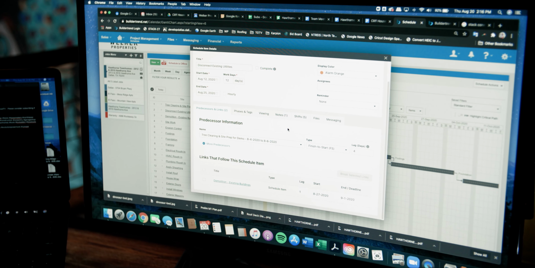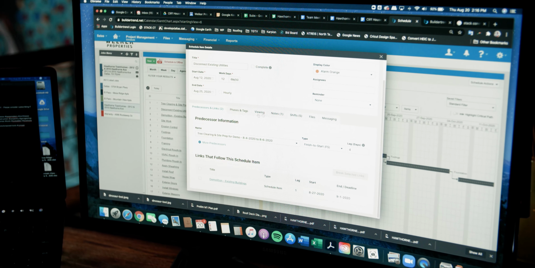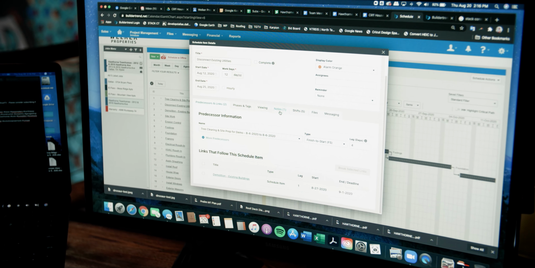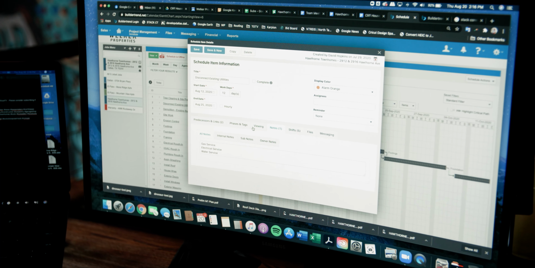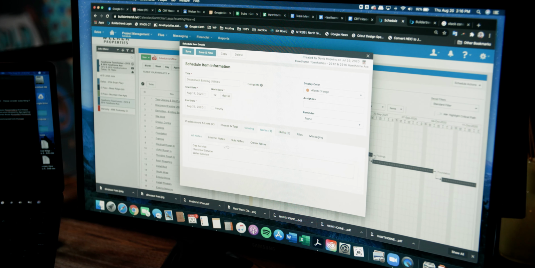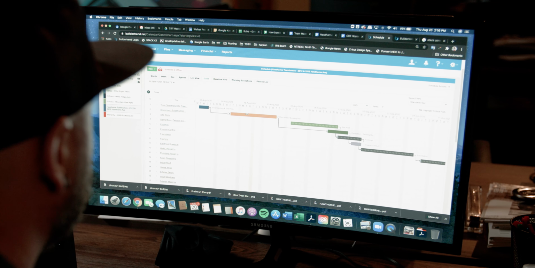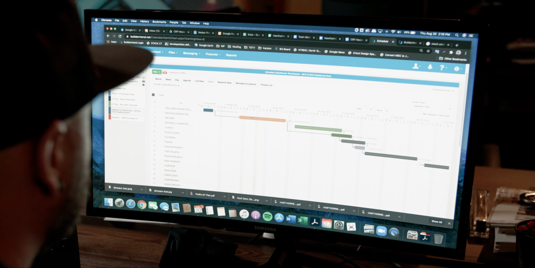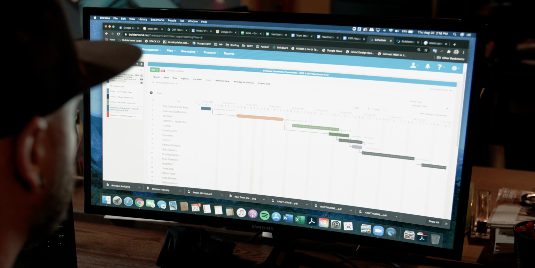Now, Buildertrend construction software is a suite that we use here at Welker Properties to keep ourselves organized and ready for basically any type of project that we're gonna do. The main point of the discussion I'm gonna have today with Buildertrend is to hopefully get some information from their team, so it's not just coming from us,